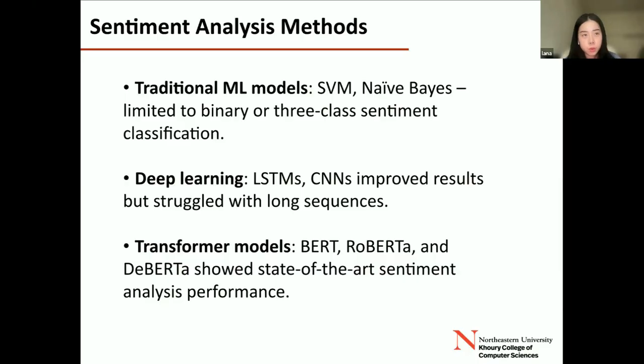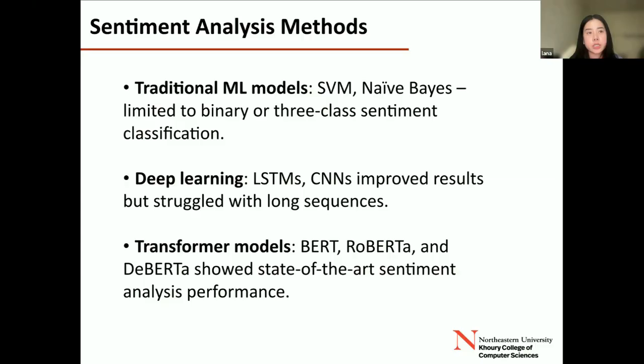So next come transformer models, starting with Bidirectional Encoder Representations from Transformers, or BERT. Like the name suggests, it processes text bidirectionally, meaning that it considers both left and right context when understanding words. So this allows it to capture contextual relevance more effectively than the previous models. Transformers also use self-attention, which enables them to process the entire sentence simultaneously rather than word by word, making them faster and better at capturing long-range dependencies.